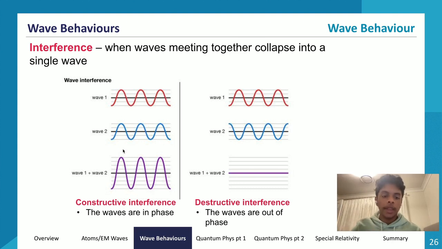When we add them together, the amplitude gets doubled. The wavelength stays the same, but the amplitude gets doubled, so it becomes a bigger wave. So we undergo constructive interference to form a bigger wave. Now let's look at waves that are perfectly out of phase. The trough of wave 2 will align with the crest of wave 1. Because they have the same amplitude, they will cancel each other out to form a straight line. So with destructive interference, we get a wave with an amplitude of 0.